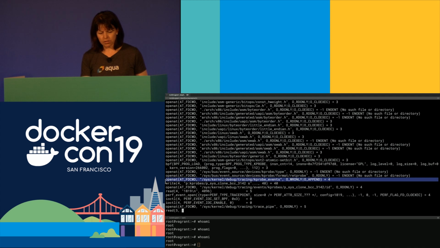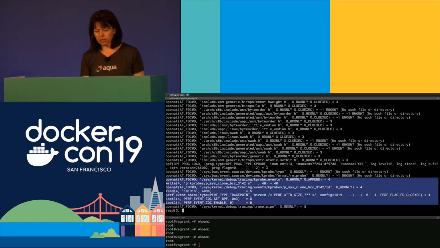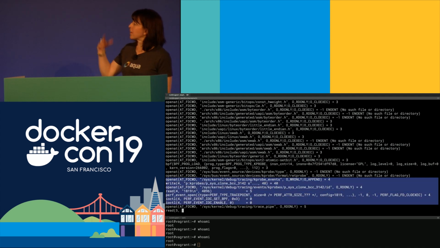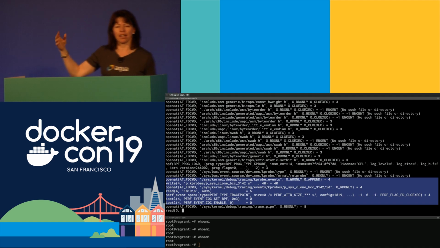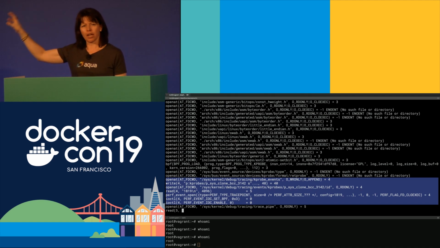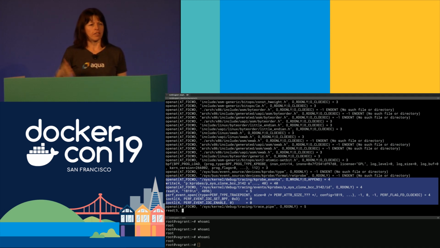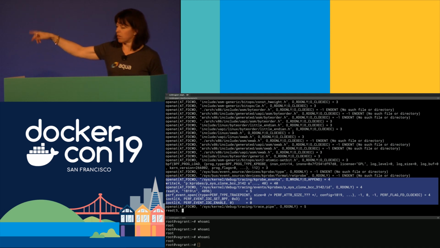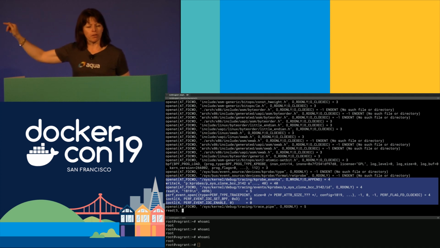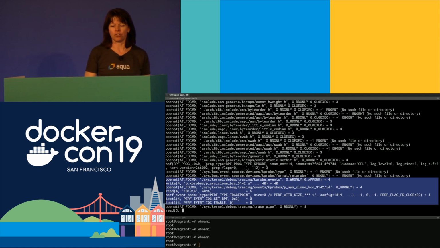get some interesting system calls that clearly relate to attaching the K-probe. We can see K-probe events, and that sysclone name that we came up with. And we can see some ioctls doing things about setting BPF and enabling. So pretty clear that those are the system calls that relate to attaching my program to some kind of an